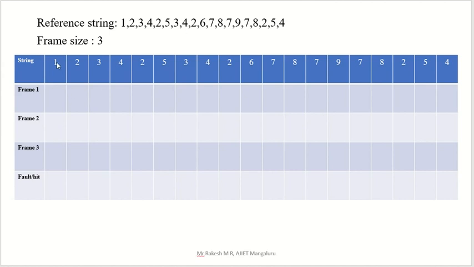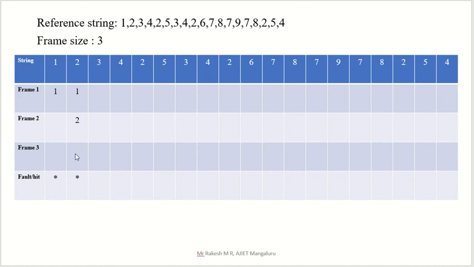First, 1: the CPU is asking for 1, is there an entry in memory? Nothing is there, so automatically that is called a page fault. So we have to take page 1 from secondary memory to primary memory. Now the second one, 2: is there an entry for 2 here? No. Then we have to take this 2 from secondary memory to primary memory. That is also a page fault because the entry is not there.